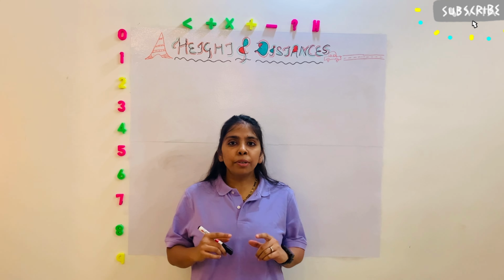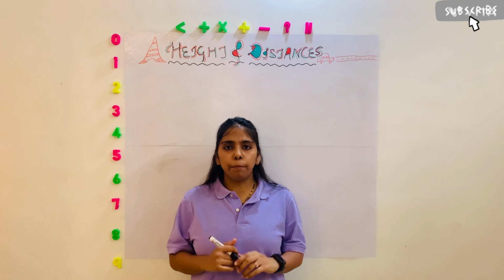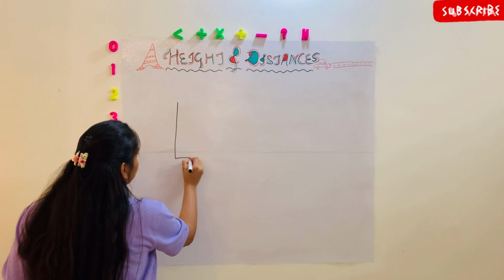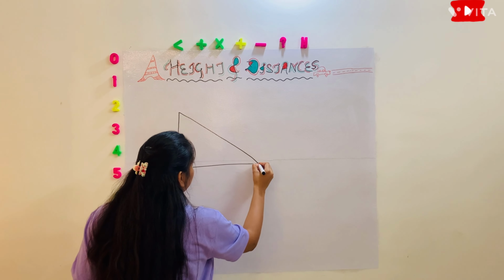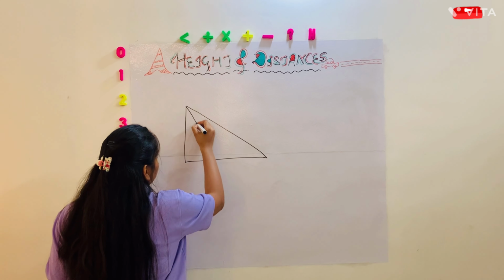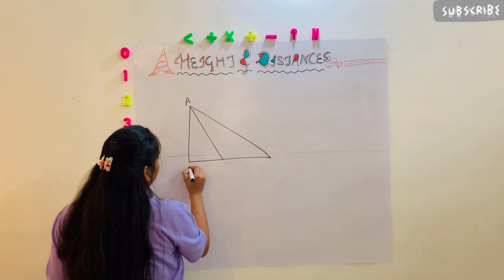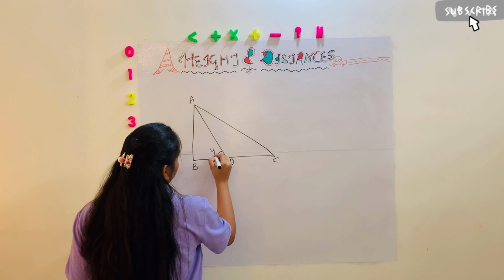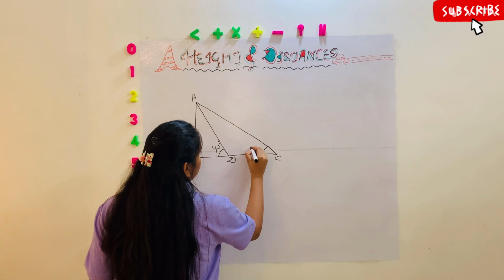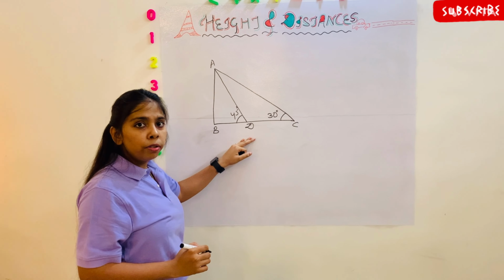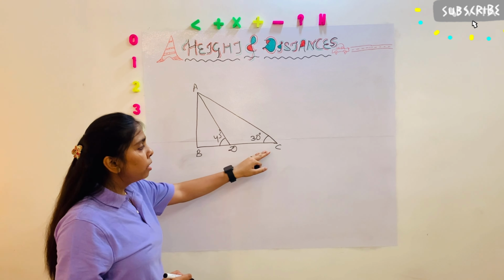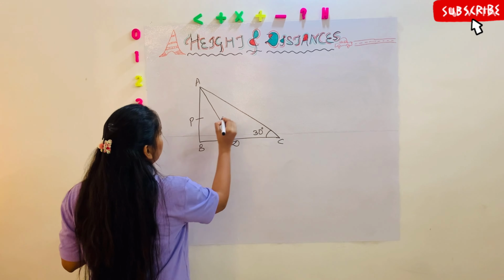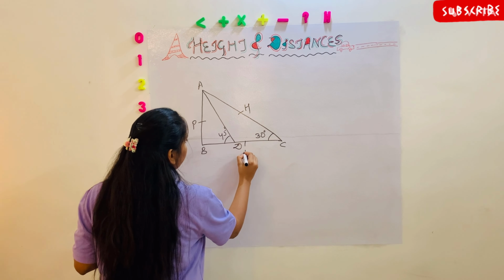Okay. So friends, sometimes you face two angles formed on the same plane. Let's see how. Suppose this is a triangle, triangle A, B and C, and this is D. This angle is 45 degree, okay? And this angle is 30 degree. And we all know that the bigger angle is always closer to the perpendicular and the smaller angle is far from the perpendicular. Okay? This is the perpendicular, this is the hypotenuse and this is the base.